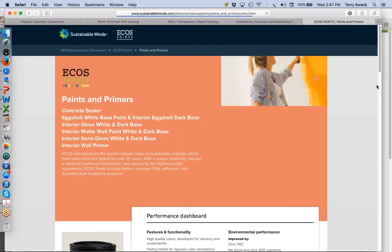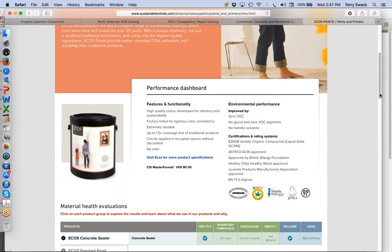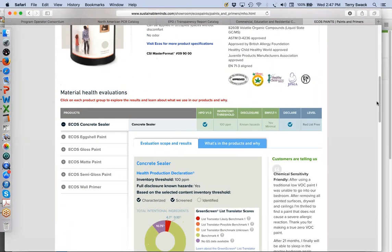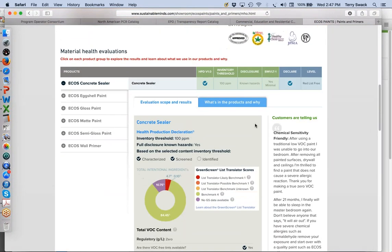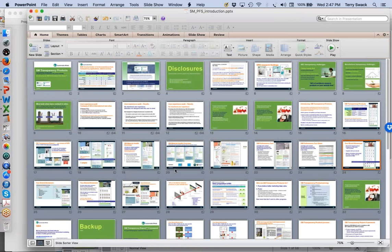Colors, imagery, and while it is a very templated, streamlined process for creation, which I'm not going to review in this call, we have a very structured, streamlined process. There's enough flexibility and variability in the content that the manufacturer wants to use to make each of these showrooms and each of these transparency products unique and branded